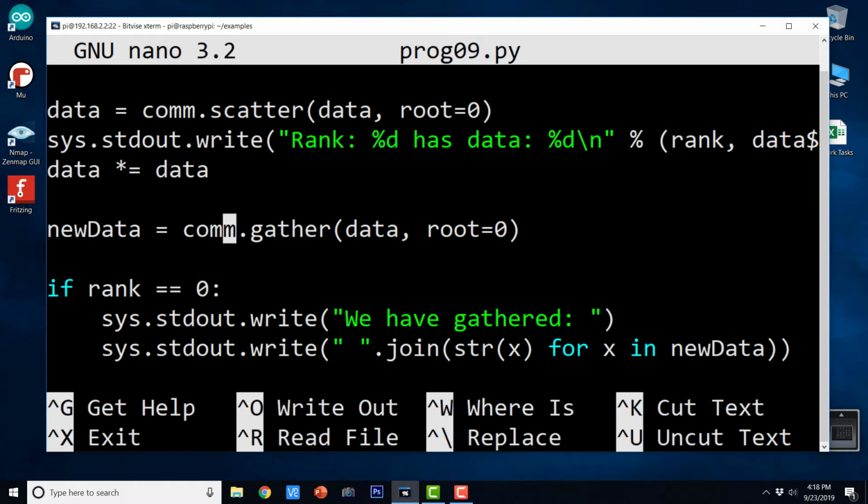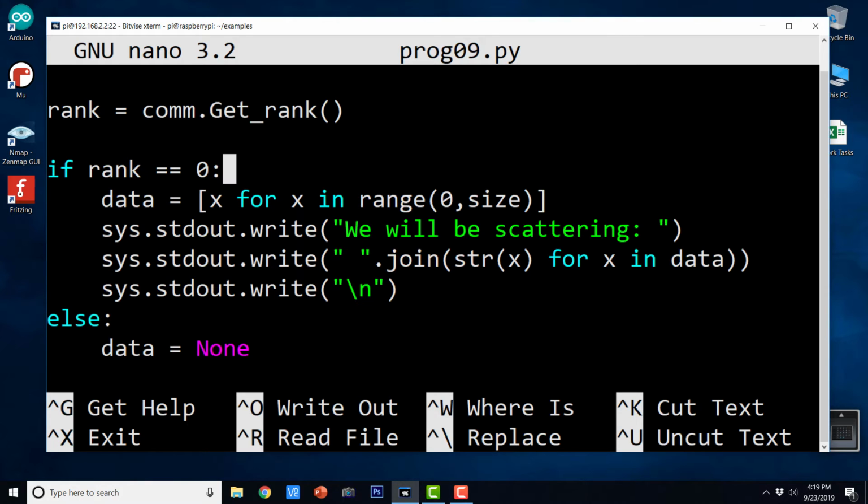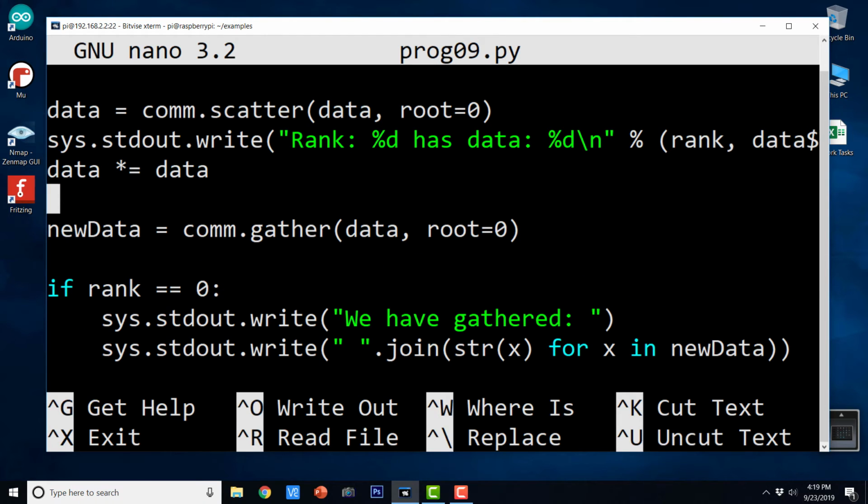Using comm.gather, the first argument is the data variable itself and the second argument is the node where it should happen. And here we are printing it. If rank equals 0, then whatever we have gathered, we are showing. So here try to understand the flow. At rank 0, we are sending away all the data to scatter, and then all the nodes will individually process the data and then again they will send the data back to rank 0. So basically we are going to use this function comm.gather to gather all the data.